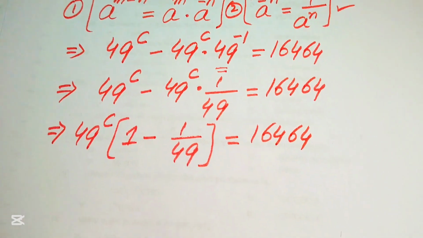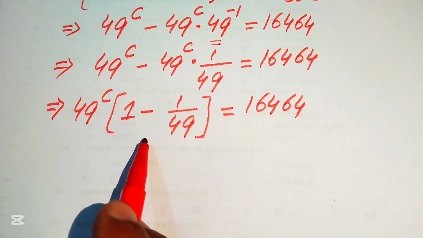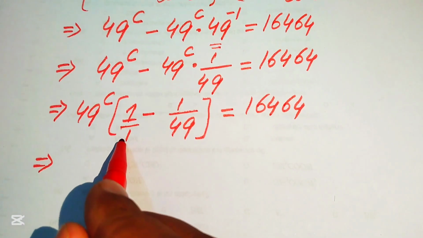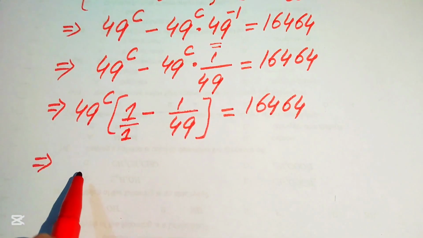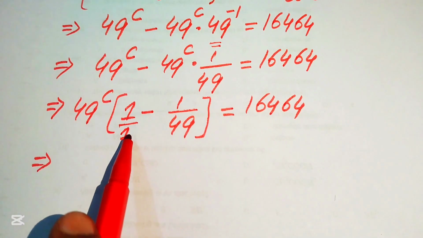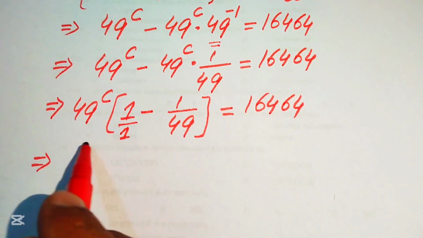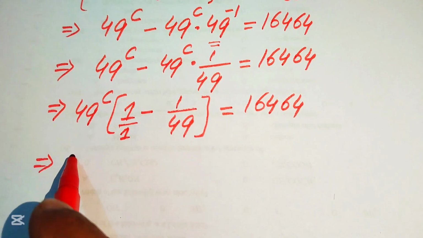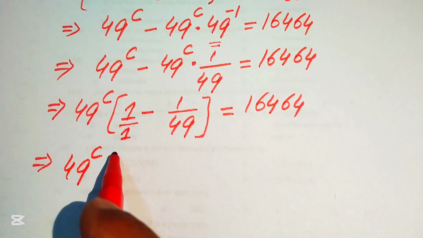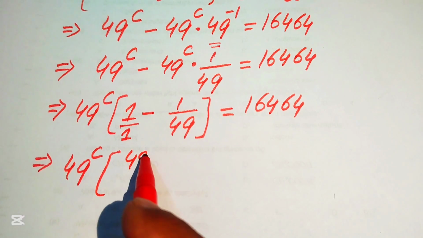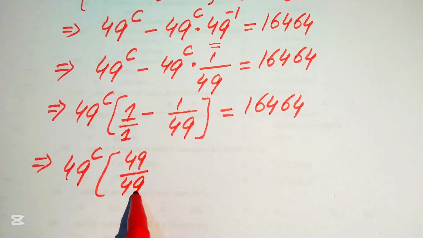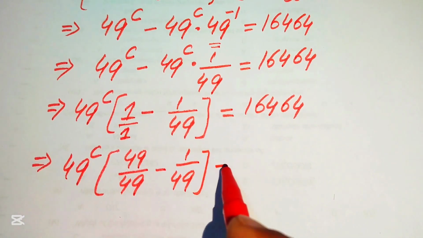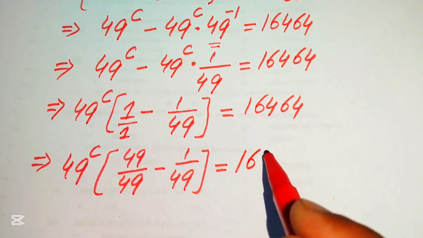16,464. So here we need to take the LCM of this term, and now you see here this is 1, and we can divide it by 1 also, so it will remain 1. So in order to make the denominator the same, we can multiply by 49 and divide by 49 on this term, and it will be written as 49 to the power of c into 49 divided by 49 minus 1 over 49, and it is equal to